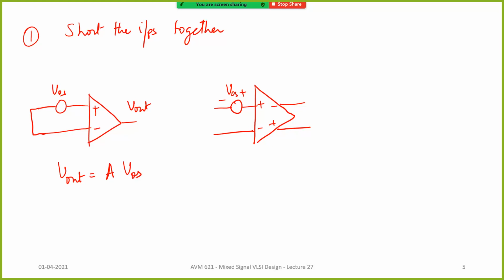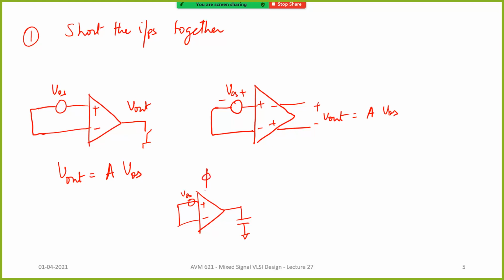Now, the same way, if you do it for the differential signal, you will basically get a differential V out, which is equal to the differential gain times VOS. Correct. Now, do you think it's a good way to do it, or do you see any problem? So what we can do is, let's say we short it, and we have a switch which is connected to a capacitor. Let me give you the scheme. There is this VOS, and I'm going to store it in this capacitor in that phase 5.